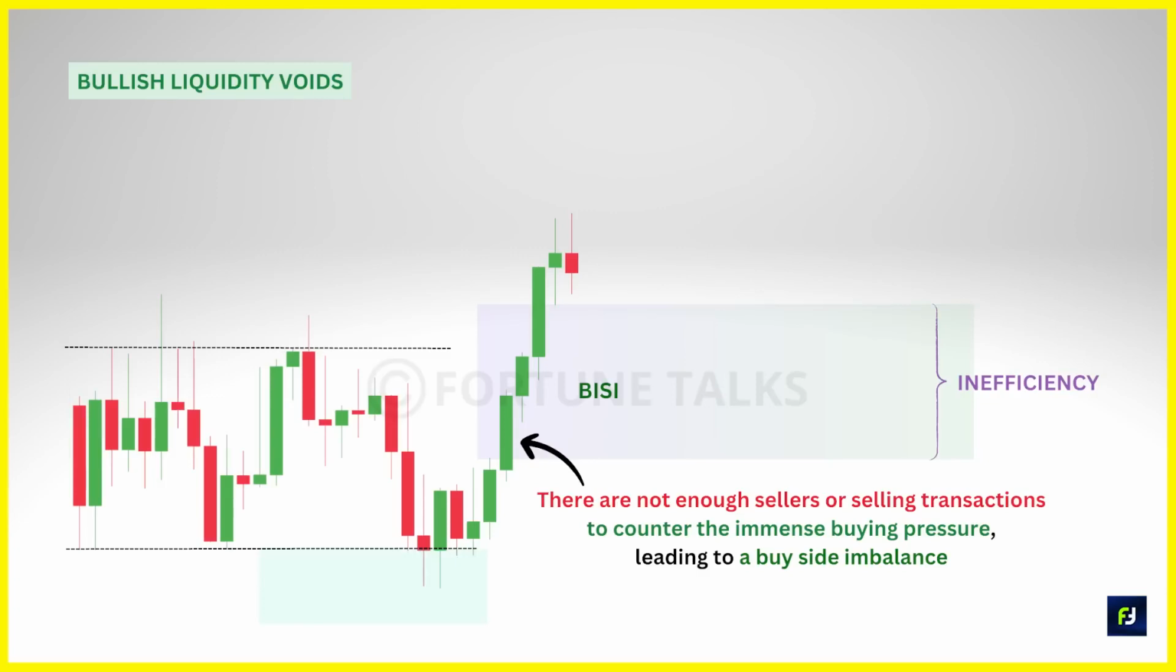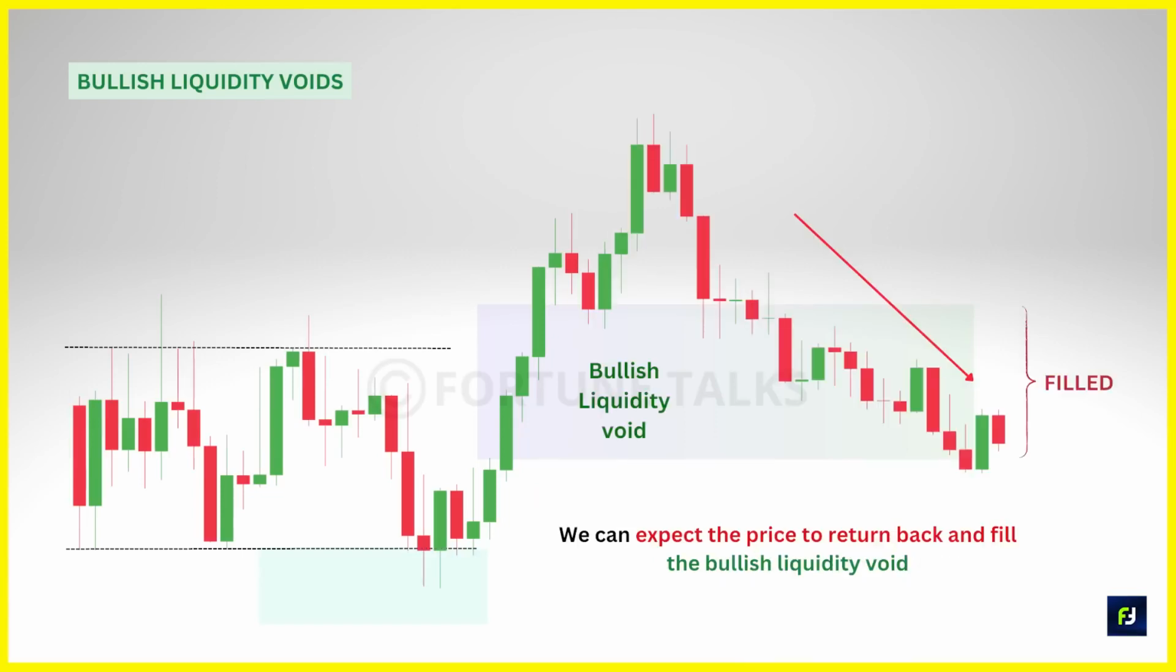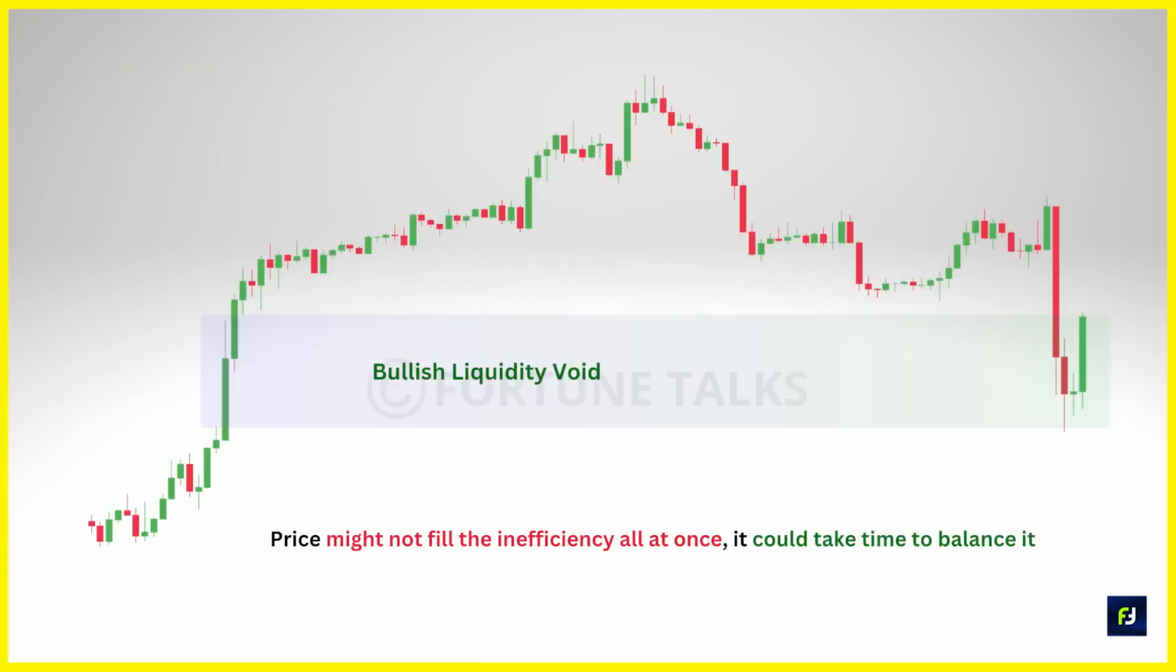What this means is that there are not enough sellers or selling transactions to counter the immense buying pressure, leading to a buy-side imbalance, and a lack in the selling pressure remains as an inefficiency in the market that needs to be mitigated. So we can expect the price to come back and fill this bullish liquidity void that was generated. As mentioned before, this void filling won't have to happen abruptly, but over time, these liquidity imbalances will be